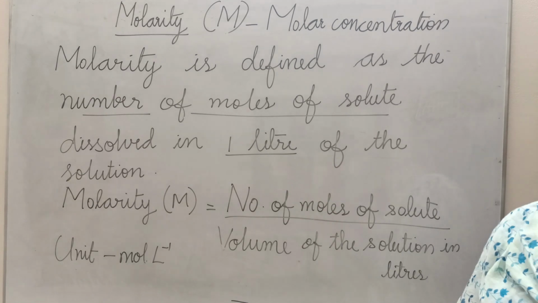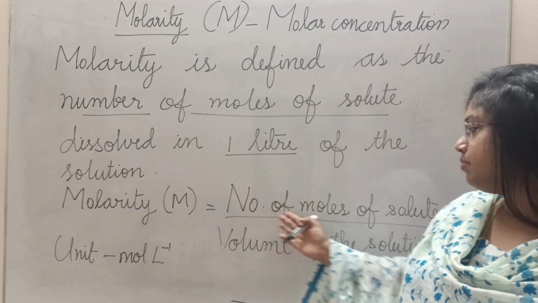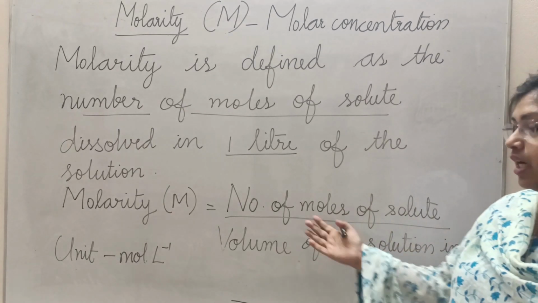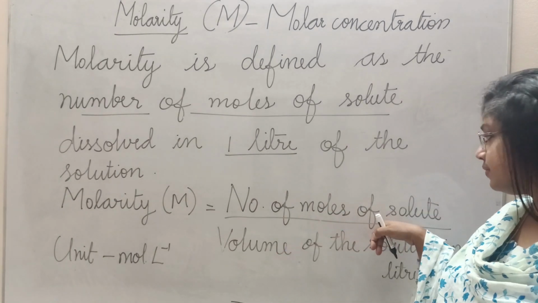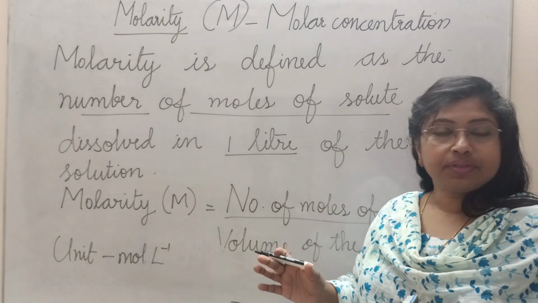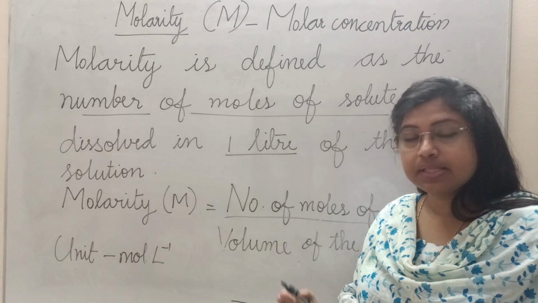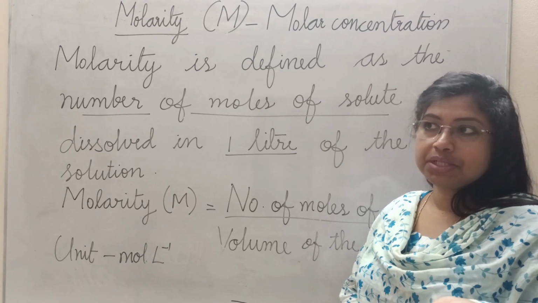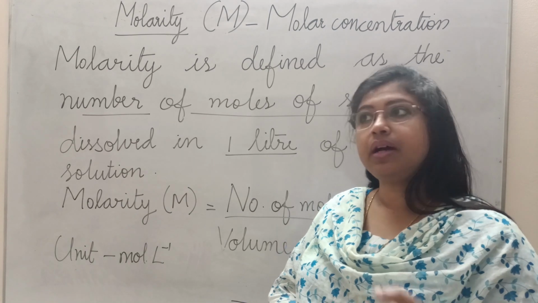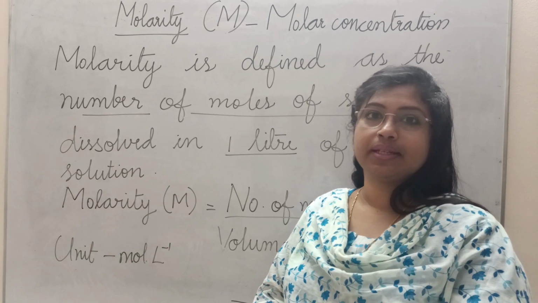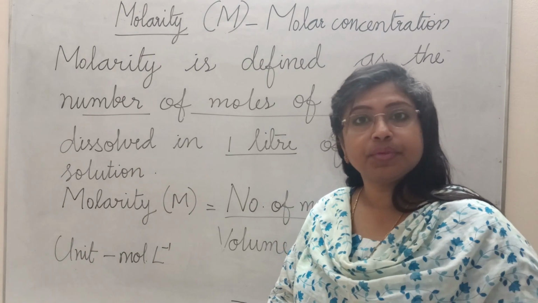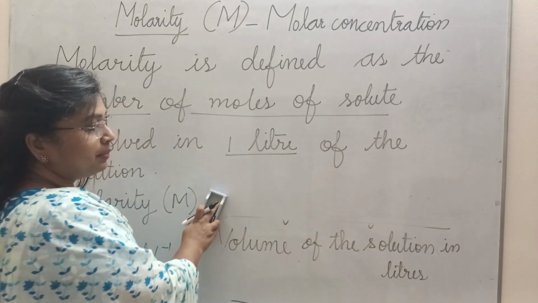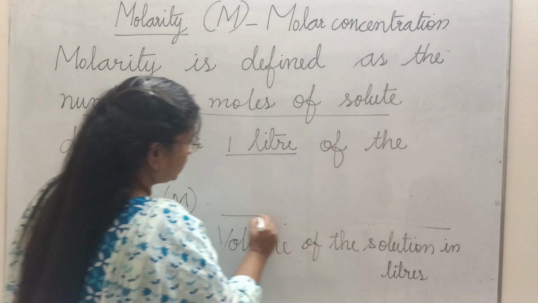Now come back to our equation. Number of moles of the solute divided by volume of the solution in liters. How will you find the number of moles of the solute? We know that mass of the solute divided by its molar mass will give you the number of moles of the solute. ഇപ്പോൾ സൊല്യൂട്ട് നമ്മൾ മെഷർ ചെയ്തെടുക്കുന്നു, ഇത്ര ഗ്രാം ആണെന്ന് നമ്മൾ എടുക്കുന്നു. ആ ഇത്ര ഗ്രാമിനകത്ത് എത്ര നമ്പർ ഓഫ് മോൾസ് ഉണ്ടെന്ന് അറിയാൻ simply divided by its molar mass. So you can rewrite this equation as, in the place of number of moles of solute, you can write it as